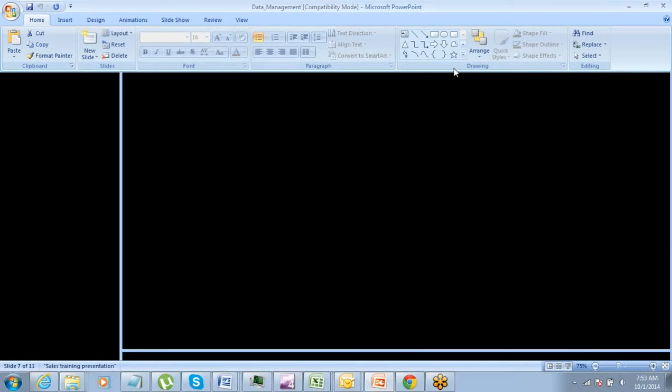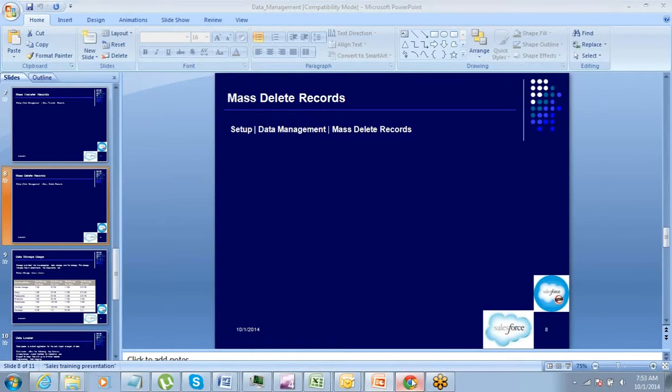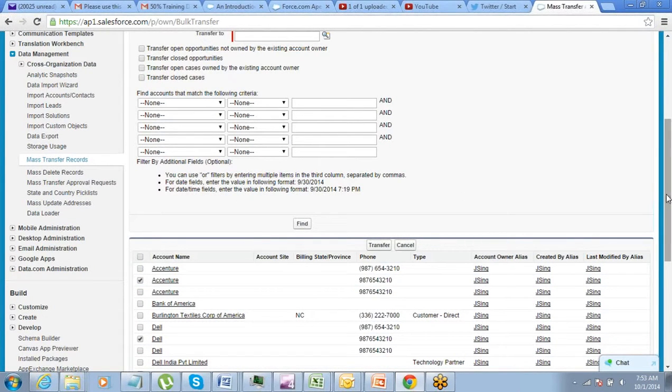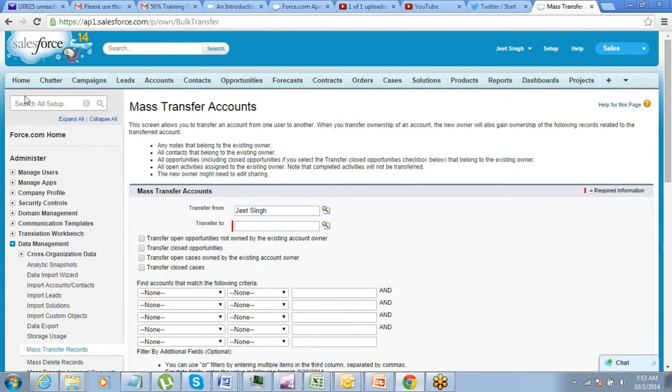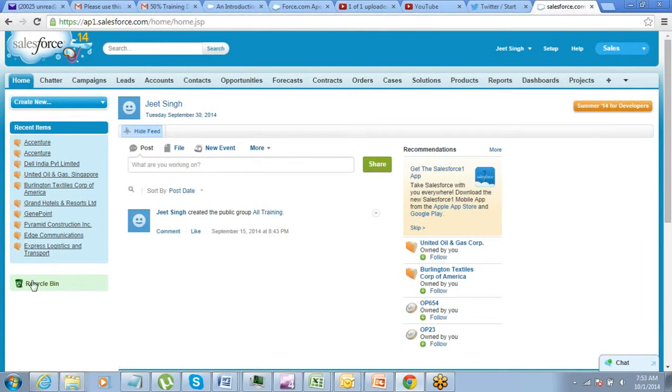Fine. So Salesforce actually realizes that sometimes people do delete things by mistake. For data also the same concept is there. If you delete something, it does not permanently get deleted. It goes into your recycle bin, right? So we have a recycle bin here. On Salesforce, if you go to the home page, on the home page you will see the recycle bin. Here it is.